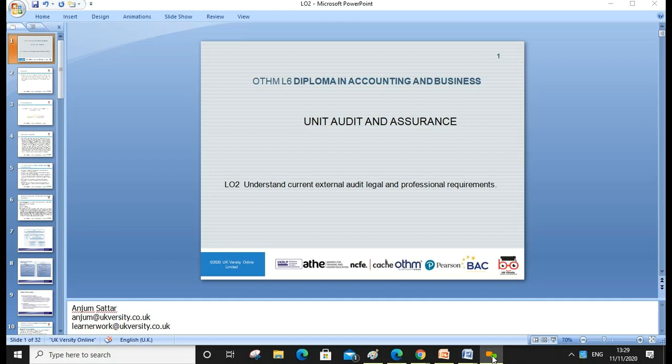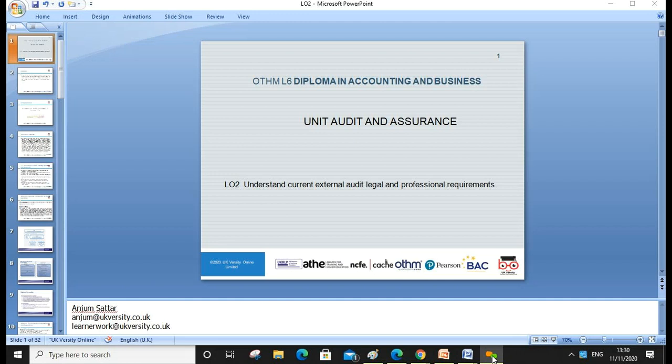Okay, so we discussed internal audit and the advantages of internal audit, yes? Last lesson we discussed some controls. Audit itself is a control. We discussed reporting, and internal audit principles. The objective of this unit is to enhance your understanding of audit and assurance. And we discussed that audit means checking the accuracy in the books of account.